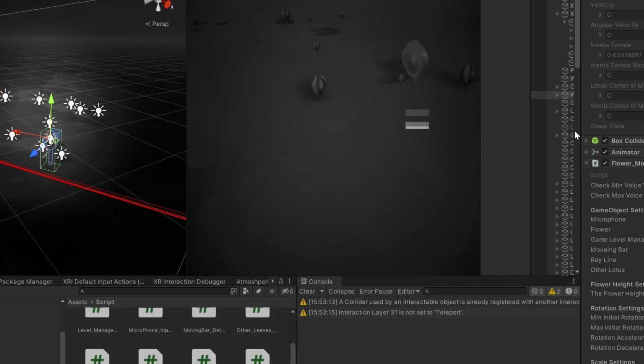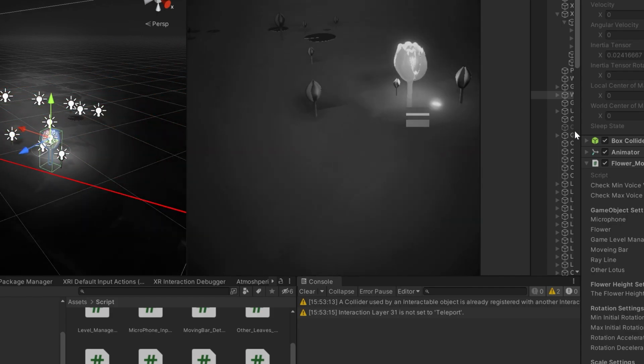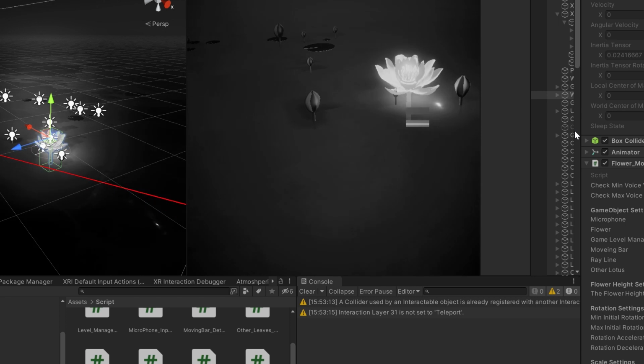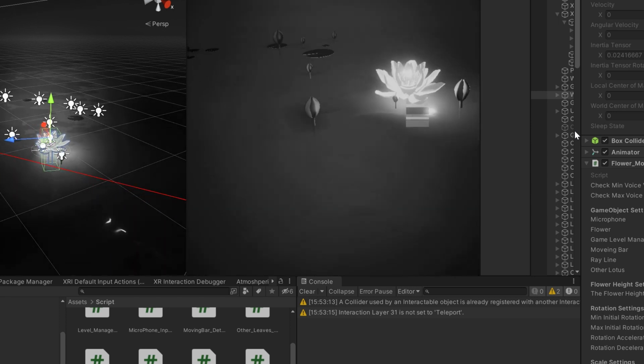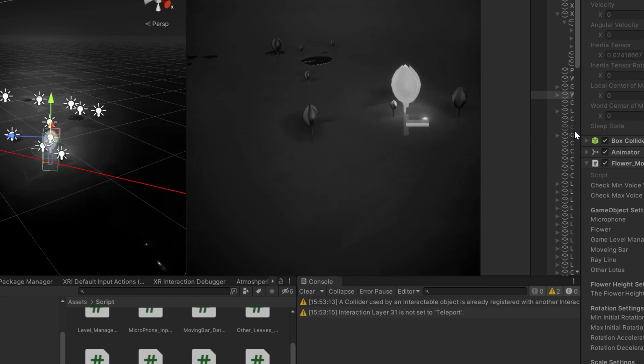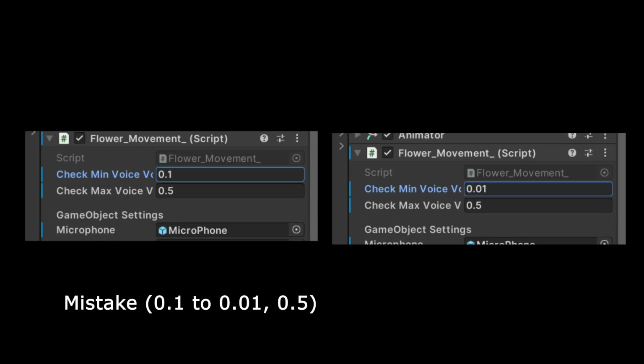We refine the microphone checking because during the testing, it is hard to maintain the volume continuously when we make the voice. We decide to lower the minimum microphone volume checking from 0.01 to 0.001. This adjustment allows players to more easily control the flower blooming mechanic, and they don't need to maintain a loud voice constantly.